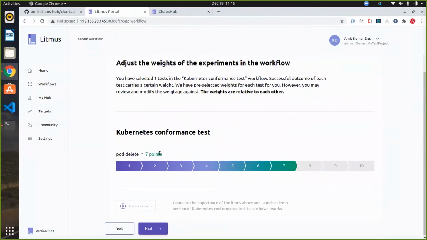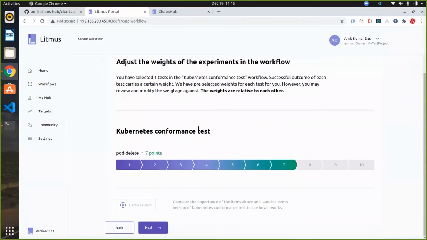Once we have selected 7 points here, we have some probes in the Litmus experiments, which will give you the total resilience scores once it has been completely executed, and we'll be adding it in the next few releases.